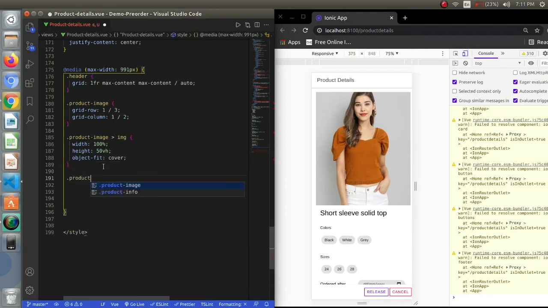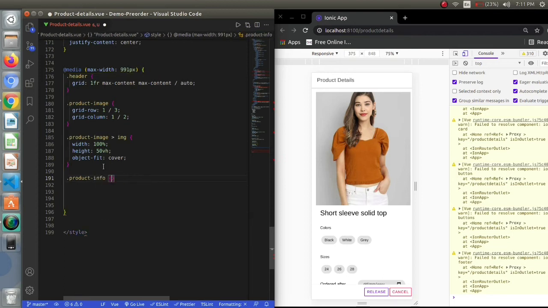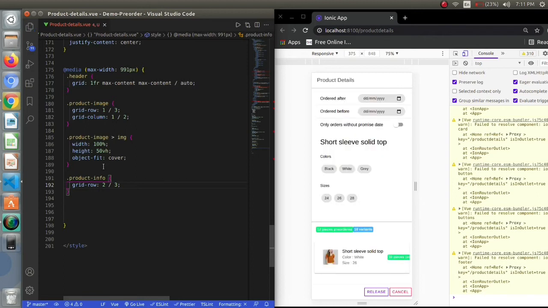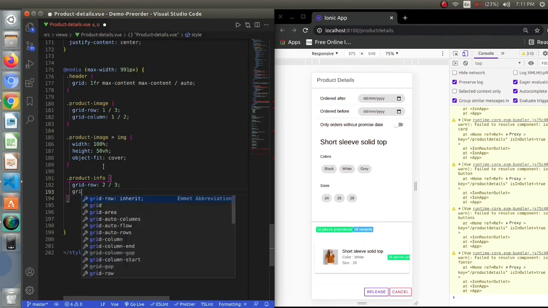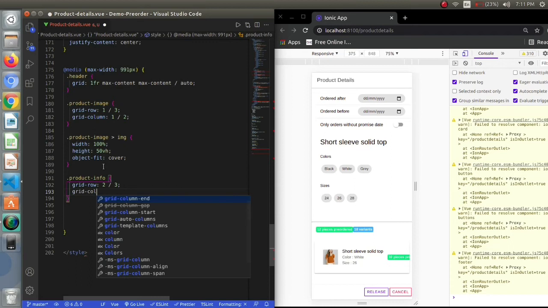Next, I will be providing grid row and column to my product info. I want my product info to be overlapping over the image, so I have used the grid row and column format for this.